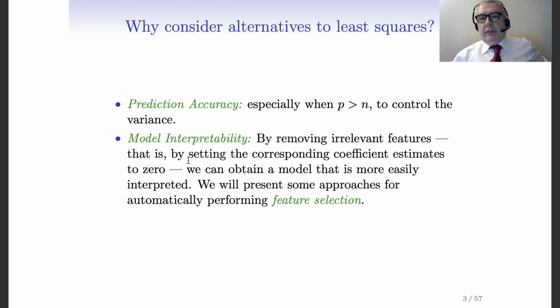Okay, and what are the reasons behind our search for these alternatives? Well, there are two main reasons, and they are very closely connected to the advantages of linear models. So we want to preserve as much as possible the good properties of linear models also in difficult settings. And a first issue is the one of prediction accuracy, and we know that the linear model